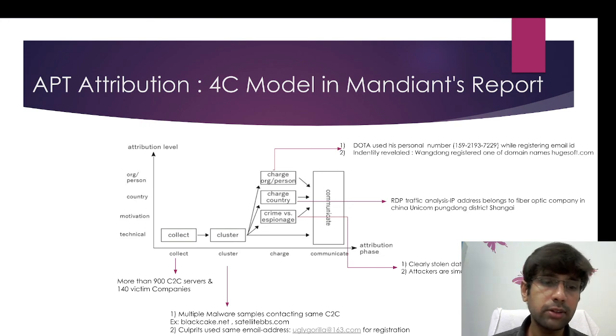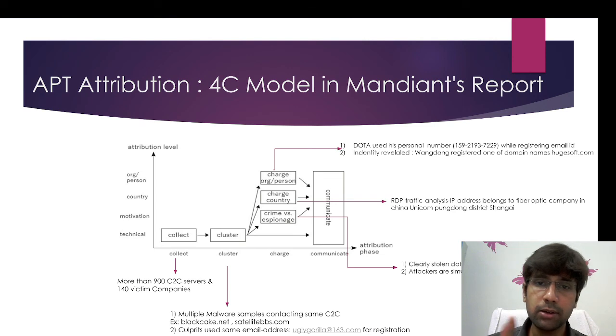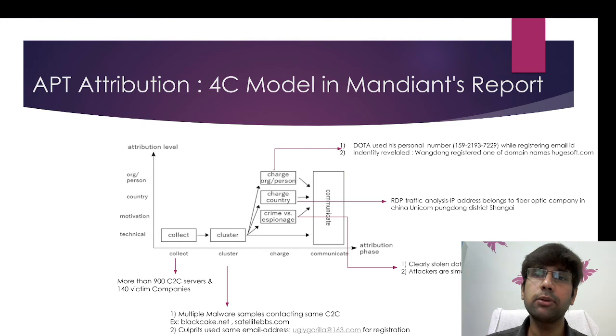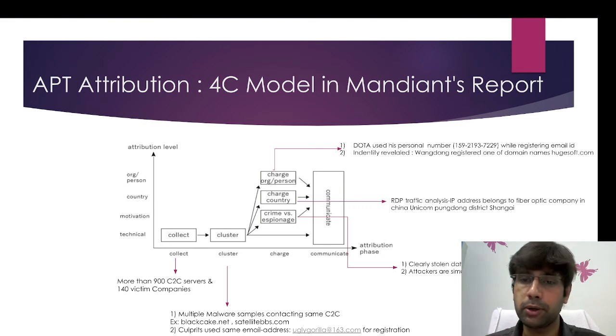So the 4C model is actually flexible, and people work at different layers and hand over to the next layer, providing the delta change in the additional information. And finally, based on the information they will propose the hypothesis, and they will accept a couple of hypotheses and reject others, and from the accepted hypotheses they are able to attribute or pinpoint the attacker behind the particular espionage. So this is the overview of the 4C model.